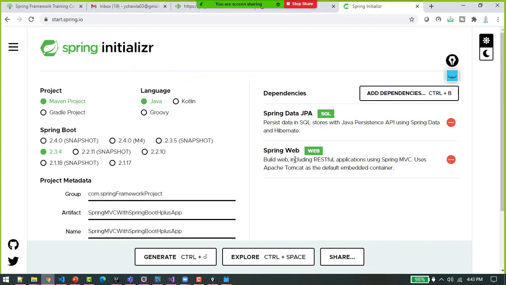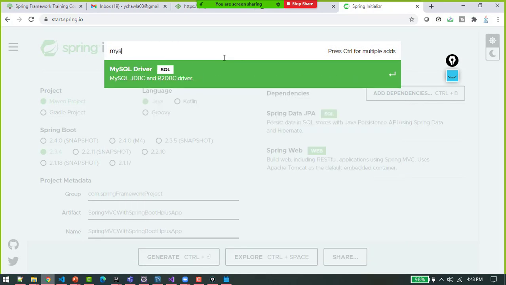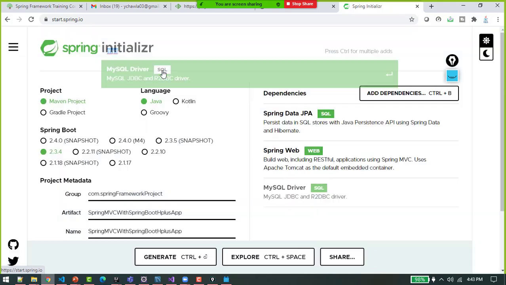So all the annotations, component scan, configuration annotation, config web application context, via which we register the config file and give to dispatcher servlet, can be done only via this, right? So JPA is added, web is added. Then I need to add one more because I'm using MySQL. So especially I have to add this connector called MySQL driver,